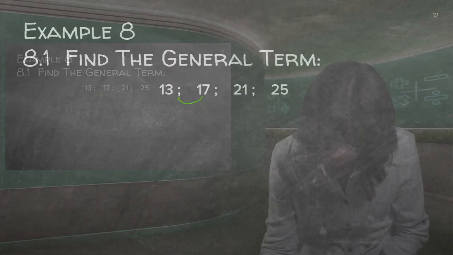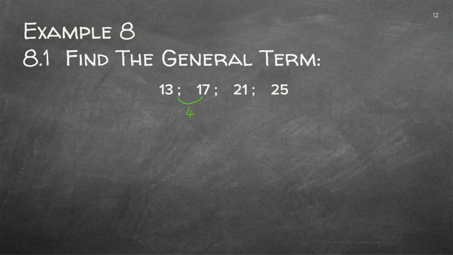So if I do that, 17 minus 13, it gives me 4. 21 minus 17, I'm going to make an arrow so you can remember we do it this way. It gives me 4. 25 minus 21, it gives me 4. That we call the D. Just in maths, I always say, very easy, D for difference, D for difference. So the difference between the terms, we always do right-hand side